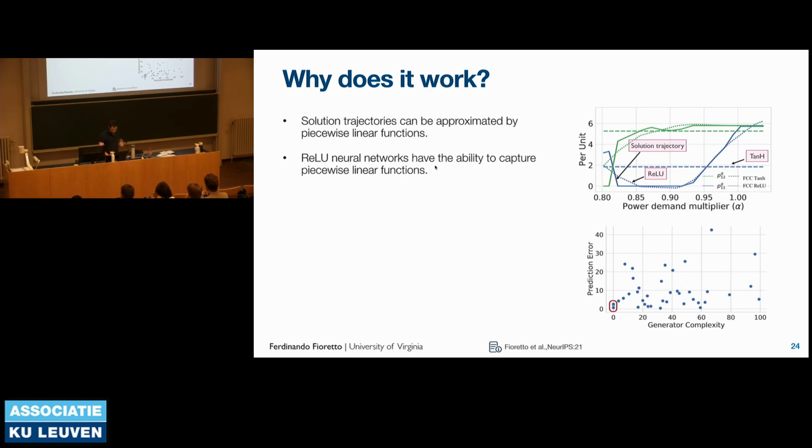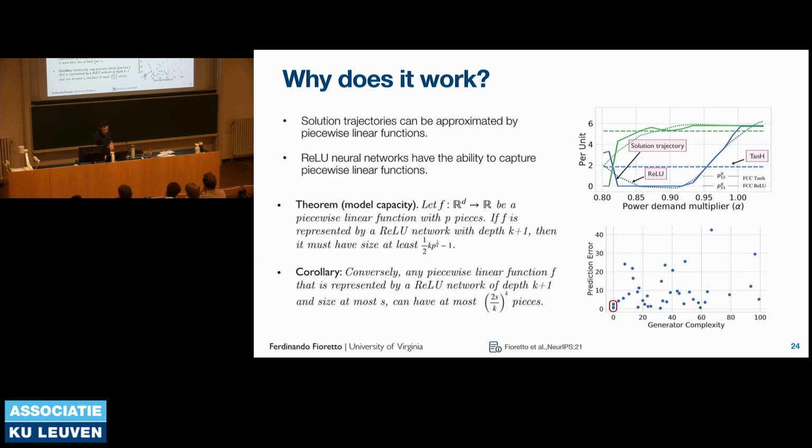But then, in this example, we also understand that those networks are compatible with the task of predicting solutions, but this also relates that ability of capturing the solution to the model capacity. So what is the capacity of our model that is sufficient to capture exactly such types of piecewise linear functions? In a recent result, we characterized the model capacity that is required for a ReLU neural network to capture, exactly or within some tolerance, such piecewise linear functions.